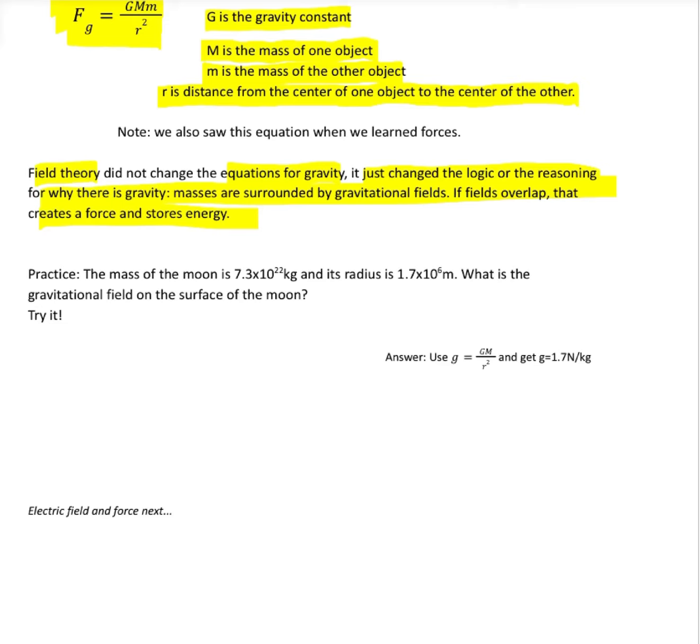This idea that mass is producing fields, fields overlapping, and those equations that go with it, it matches what we see in the real world. If we had a person standing here, that person would be surrounded by an invisible gravitational field. The gravity field is the direction another mass would be pushed or pulled, another mass would be attracted to that person. If we had a second person standing over here, same logic, the gravitational field around that person would be a bunch of arrows pointing towards that person, representing that another mass would be attracted towards it.